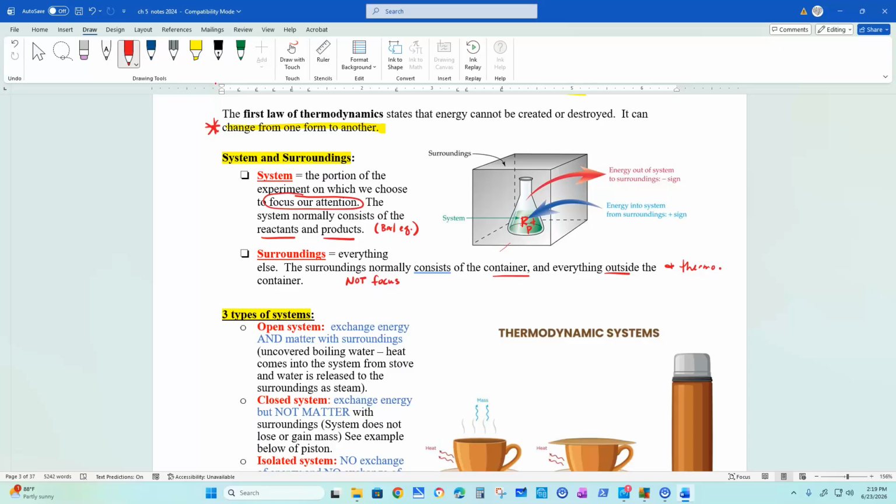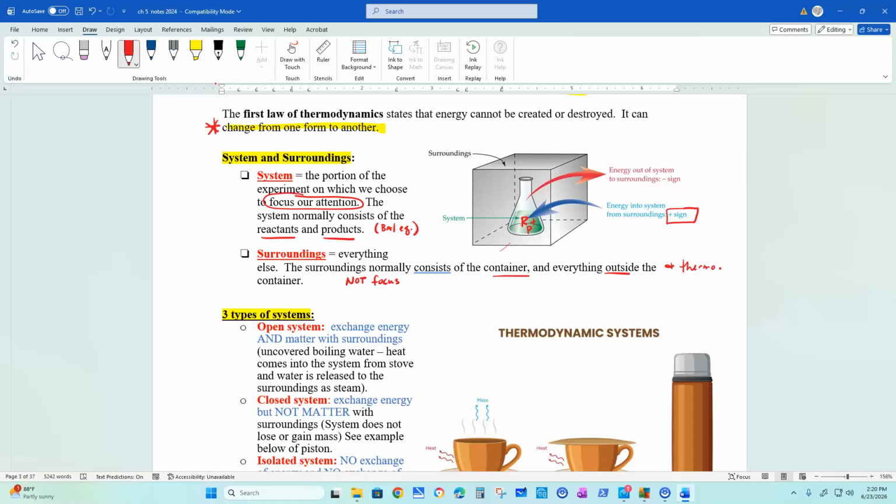So if I have a box, okay, as you see right here, and you're going to notice a lot of the pictures coming up, it's a lot of boxes. If the arrow is going into the system, that means that the energy is being gained by the system from the surroundings. So that means I'm going to get a positive energy change, okay? So if the energy is going into the system from the surroundings, because it's got to be converted from somebody, then that means I'm going to gain energy.